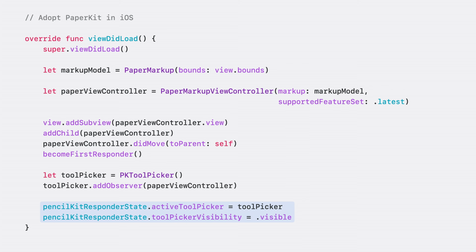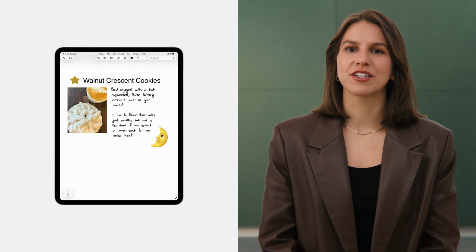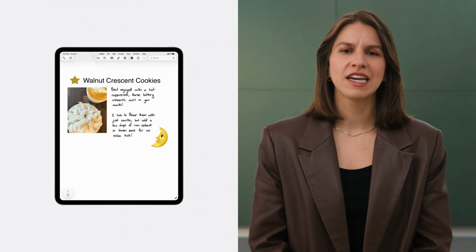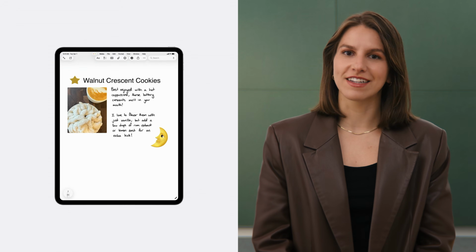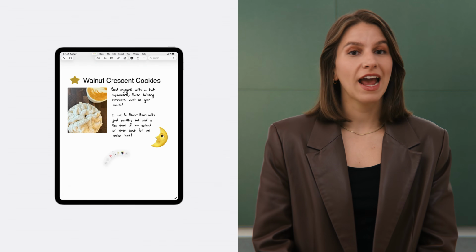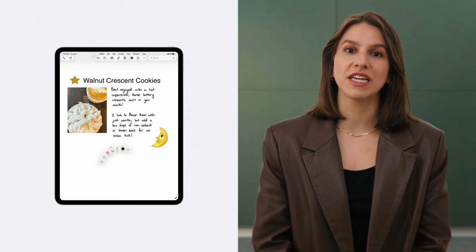To display the tool picker in my app, I assigned it to the active tool picker property on the PencilKit responder state. This is a new API available on UIResponder that controls the tool picker visibility for the current responder. By configuring the tool picker visibility property, I can keep the tool picker active while explicitly managing its on-screen visibility. This enables the tool picker to remain hidden yet fully functional, still responding to interactions like double tap and squeeze gestures, and allows any app to support the mini tool picker